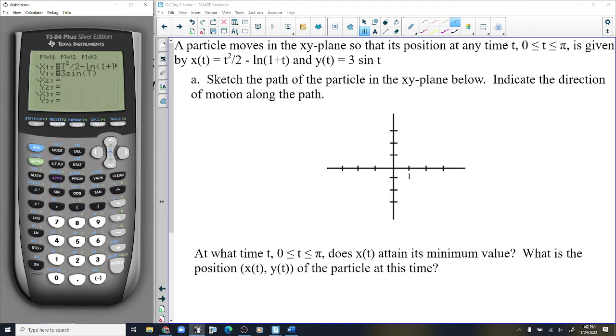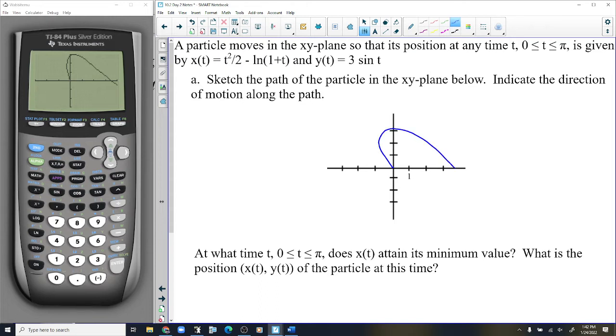And I kind of gave a hint as to the window for this. We'll see if it fills the window, with 0 to 2 pi. And actually, -3 to 4 is a good one for x. -3 to 3 seems to be fine for the y. So I went from -3 to 4, seemed to fill the window. Let's see what we get. Graph. All right, so we got something like